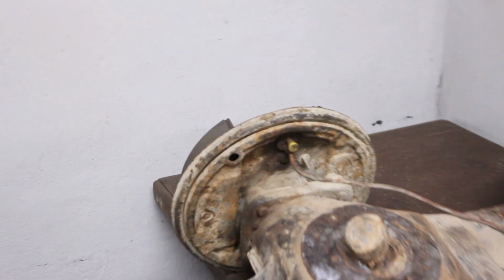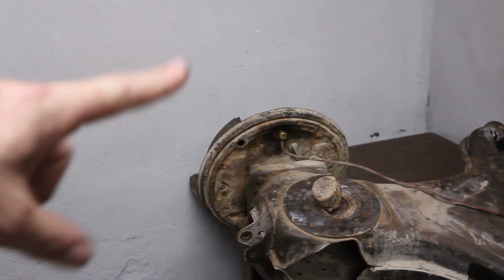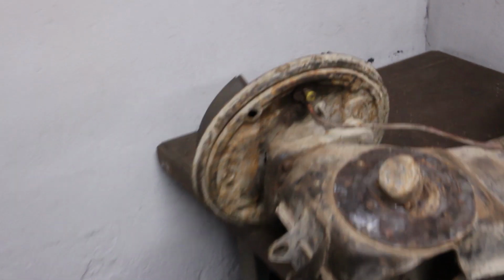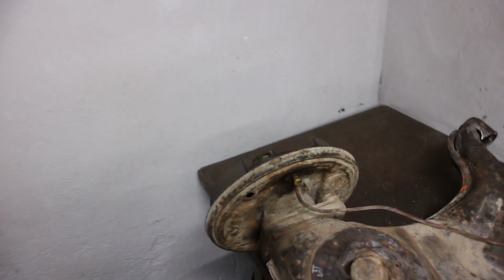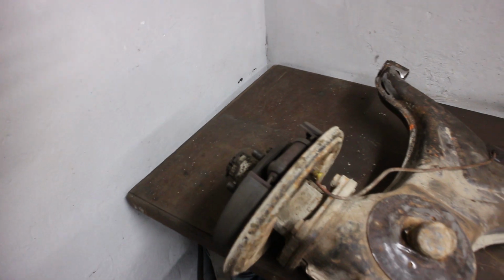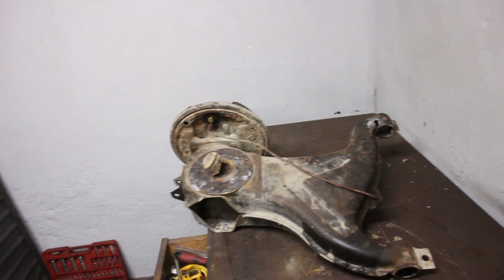I really don't want to buy them, because then I have to replace the backing plate for the brake, and I'm not sure if the bolts come out, and there is always more to come. When you get into something, take off one thing, then you should change another thing, and so on. It's an endless thing, and I need this truck next week. So